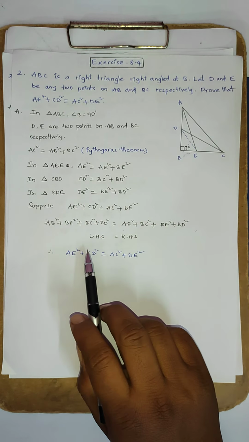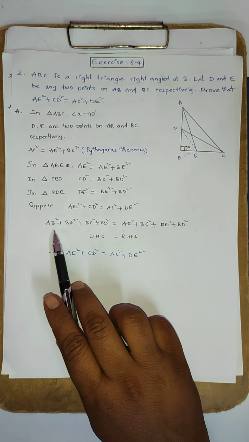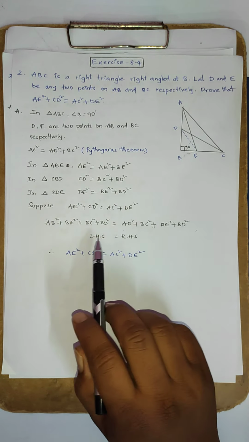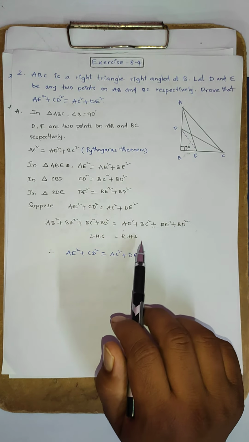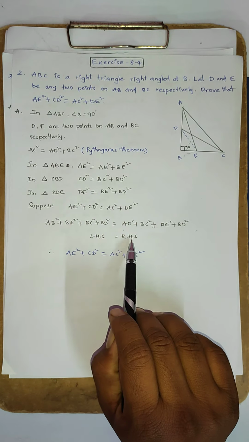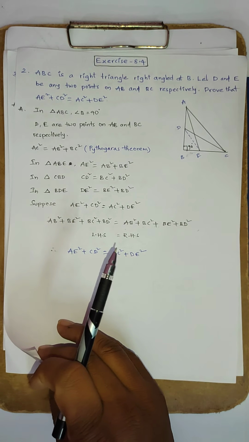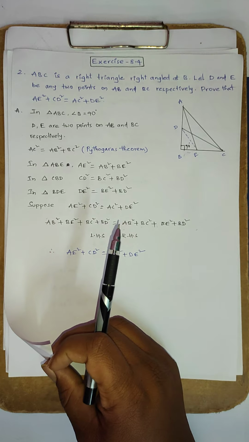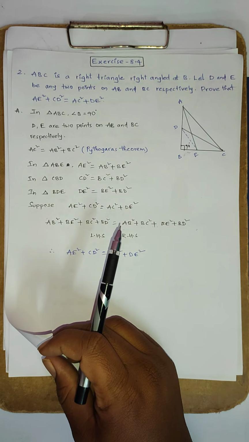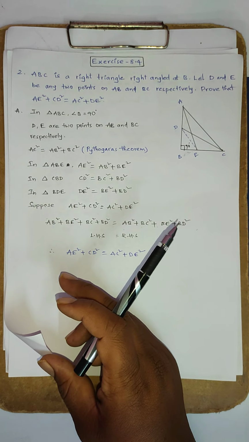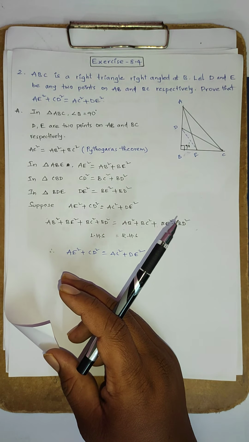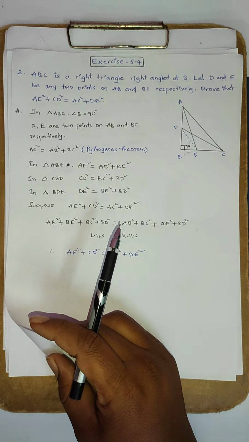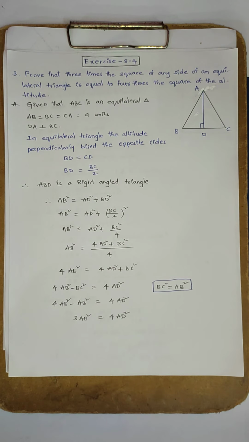Okay, next: AB square plus the rest, so the LHS is equal to the RHS. The same came out, so we proved it here. Only using the Pythagoras theorem and the triangles, the small triangle and the big triangle, how many triangles are made here, using those triangles and the Pythagoras theorem, we solved this one. Now the next, third problem.